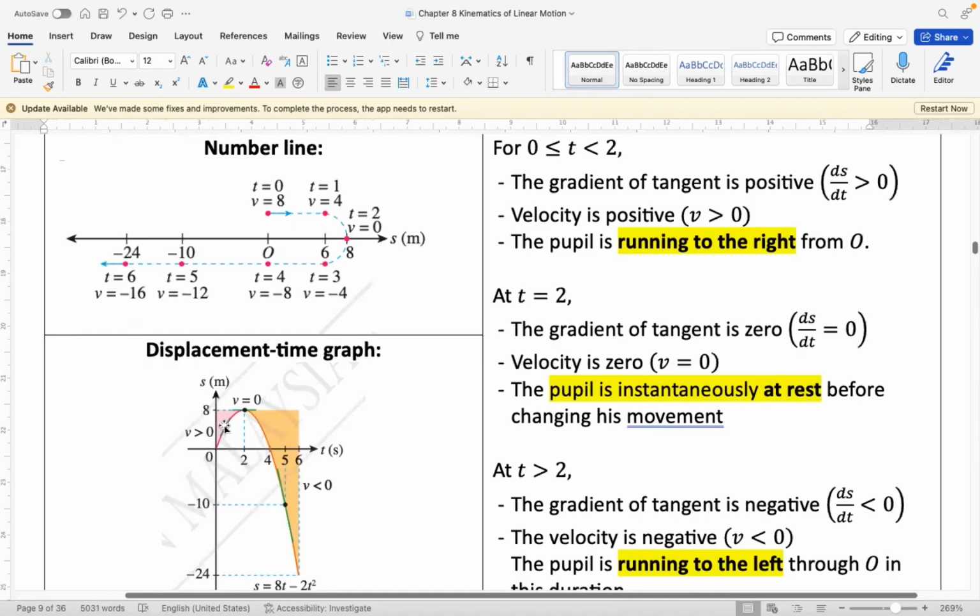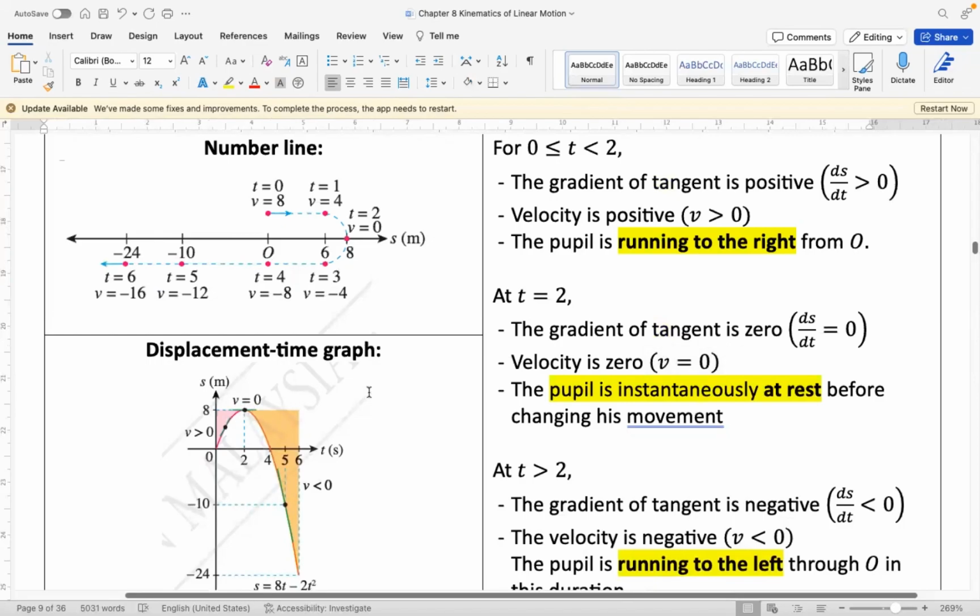And the meaning for velocity positive is the pupil is running to the right. Okay, next one. When t equals 2, let's say the point here, the maximum point (2, 8), when you want to draw a tangent line, we notice that the tangent line is a horizontal line. That means when you do differentiation, we have ds/dt equals 0, means v equals 0. Okay, that means we identify at t equals 2, v equals 0, which means the pupil is at